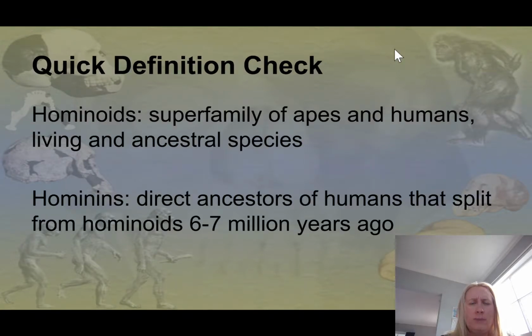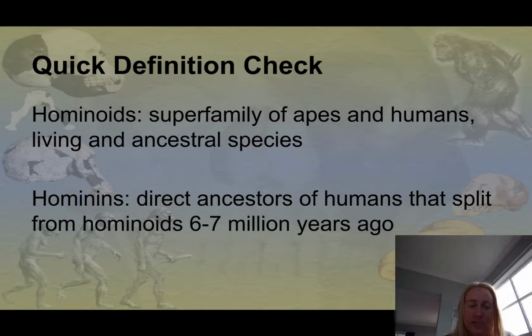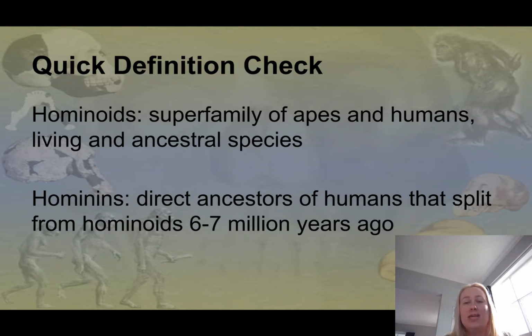So I just want to go over a couple of definitions, ones that do get thrown around and kind of used wrong sometimes. I admit I probably will use them wrong when I'm talking as well. The first one is hominoids. Hominoids is the word that we use to describe the superfamily, which includes apes and humans, living species, so gorillas, chimpanzees, us, any kind of monkey you can think of, but also ancestral species, so the ones that we're going to look at in a couple of weeks when we start looking at things like Homo erectus, Homo neanderthals,